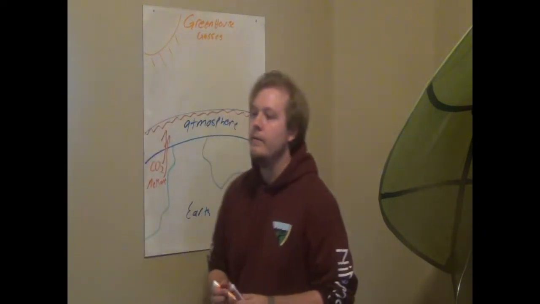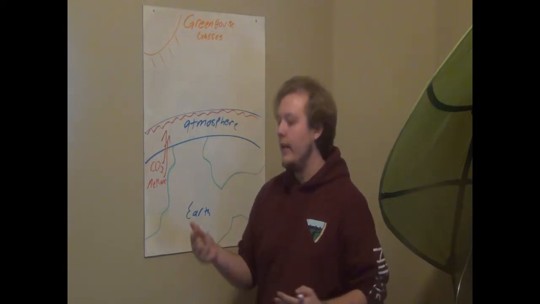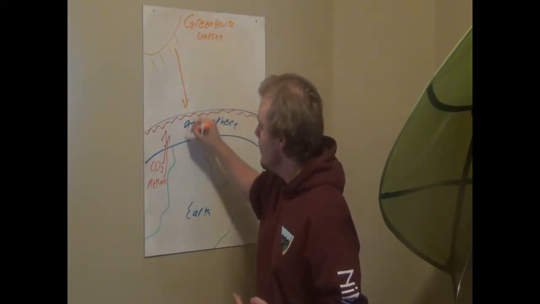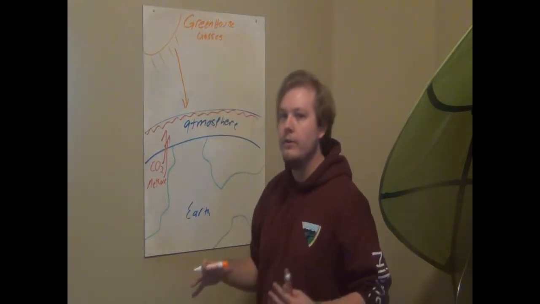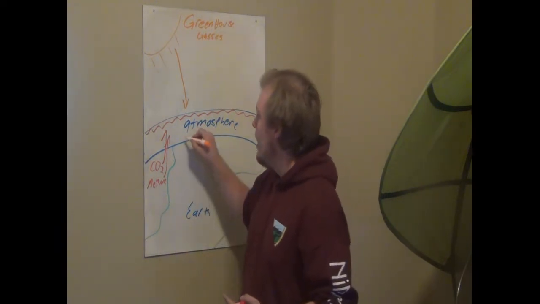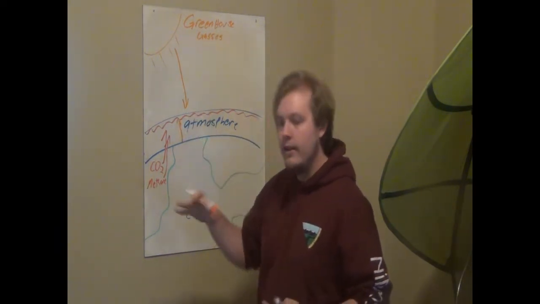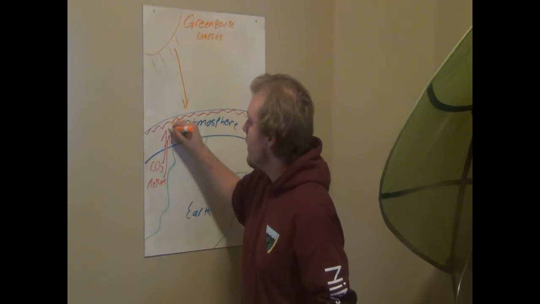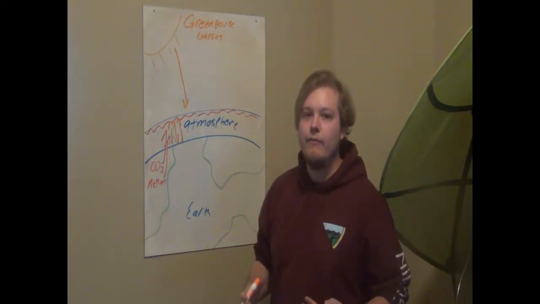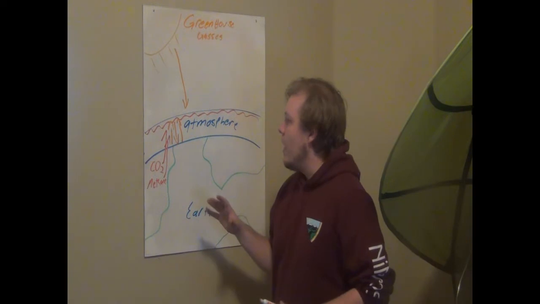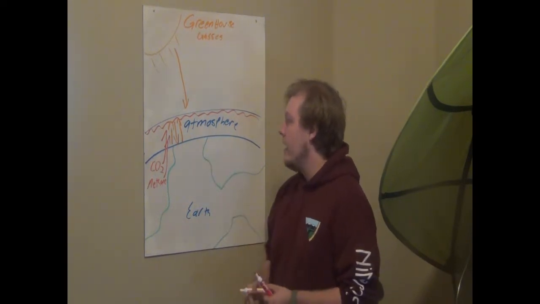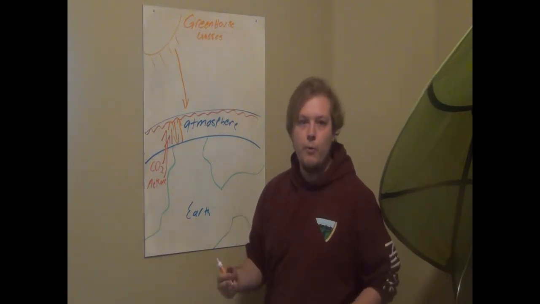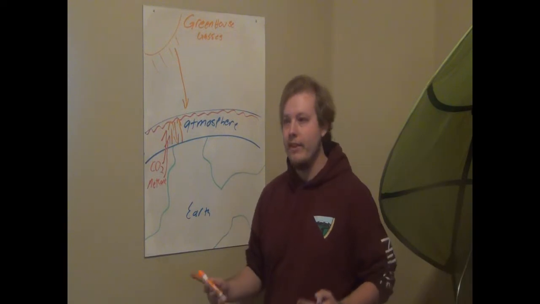What that thick layer does is that it traps all the heat that's coming from the sun. So the heat can always come in and it bounces off of the water, glaciers, the earth, bounces up, but the thick layer of carbon dioxide, methane, and other greenhouse gases traps the heat in, just keeps it bouncing back and forth inside of the atmosphere.